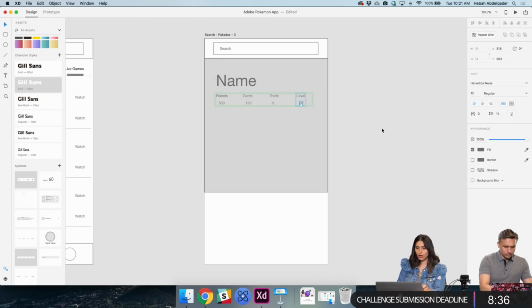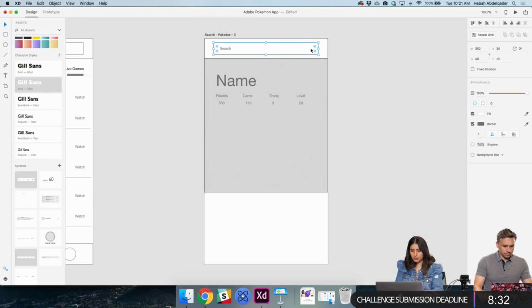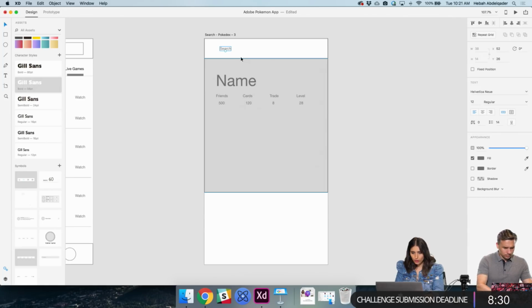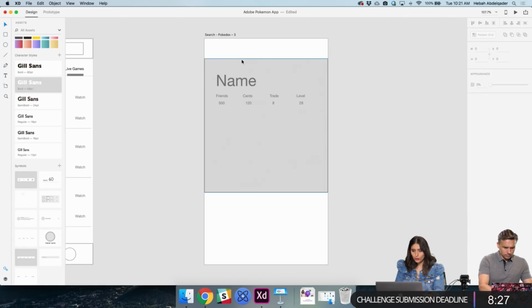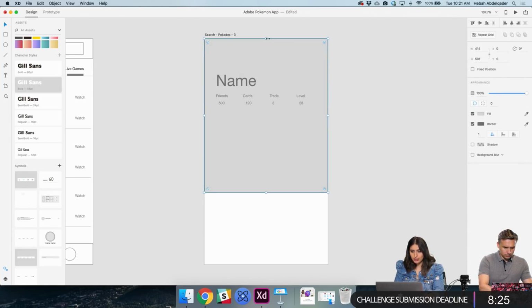Since this is going to be our profile, we don't need a search bar. What we do need is definitely a settings toggle, so let's add one. And then we will eventually need a back button.